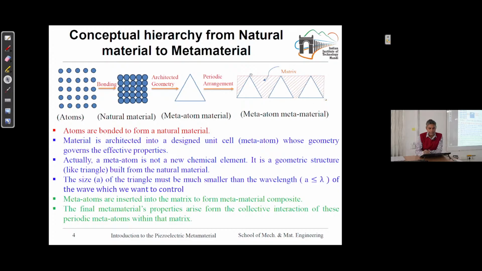So you can see we have this so-called meta-atom. This is a meta-atom. A meta-atom is a specific shape that is given to the base material. And we can have this in periodic order, in a sequence. And not only this, even we can have,